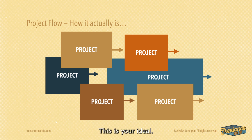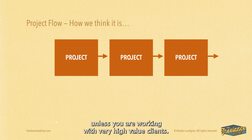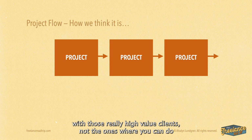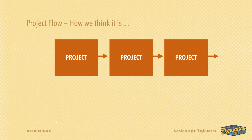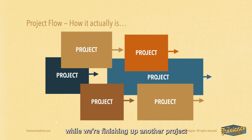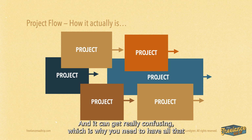This is your ideal. You cannot make a great living this way unless you are working with very high-value clients. And if you're just starting out, you're probably not working with those really high-value clients, not the ones where you can do 2 or 3 projects a year and one at a time. For most of us, our workflow looks like this. We're starting a project while we're in the middle of another project, while we're finishing up another project, while we are onboarding another project. And we have short-term projects and long-term projects, and it can get really confusing,